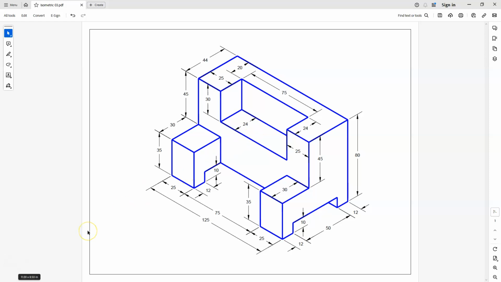Welcome back, and in this video we're going to take a look at creating another isometric here in AutoCAD. Now, once again, I always like to tell people to set it up or create your drawings, and it's not that important in an isometric, but understanding which side you're going to be looking at. For example, that this is going to be my